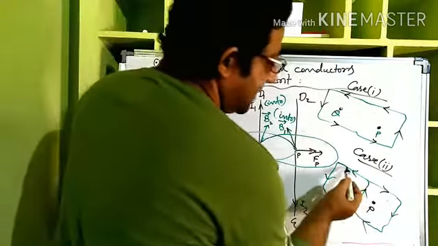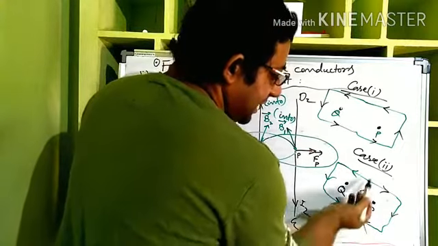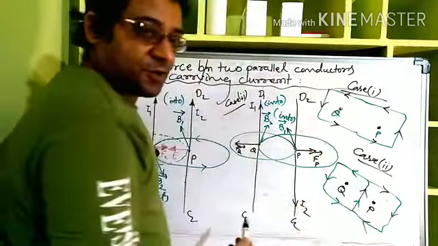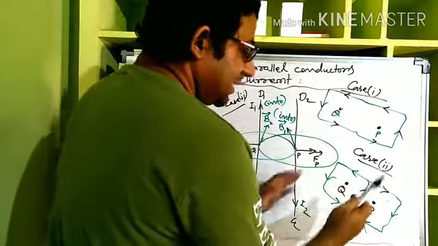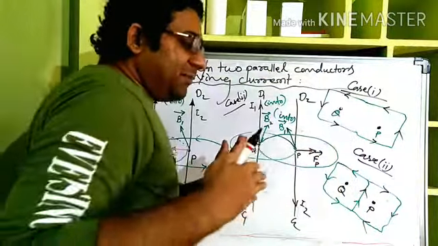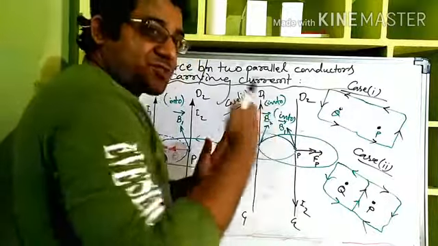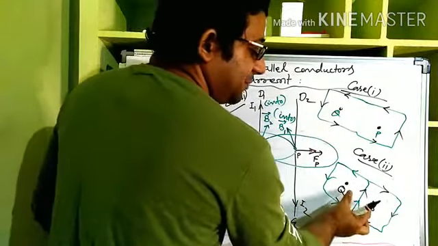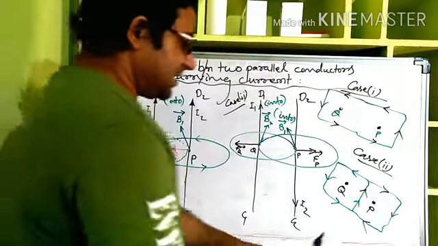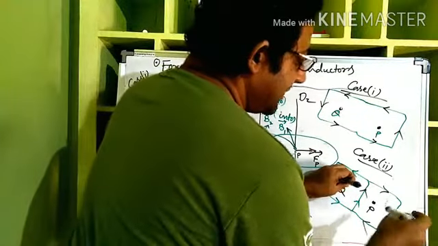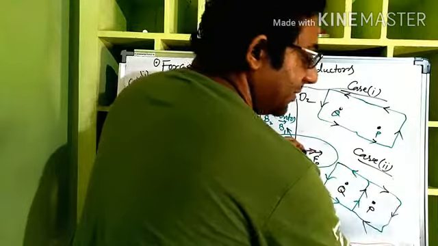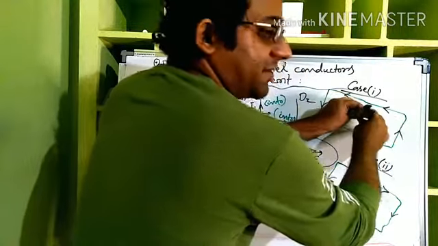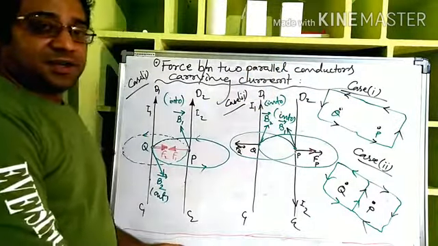Now see, here it is opposite, but in between the magnetic effect is added up. Okay, so you can think this way that two people are there, in between the wall is stronger now, meaning the separation increases. So in this case P and Q will be repelled by each other. If current is flowing in one direction and the other current in the opposite direction, they will be repelled, whereas if both the currents are flowing in the same direction, they will be attracted. Clear to everybody?